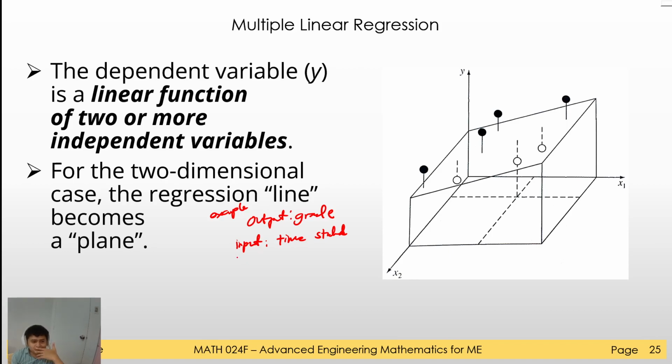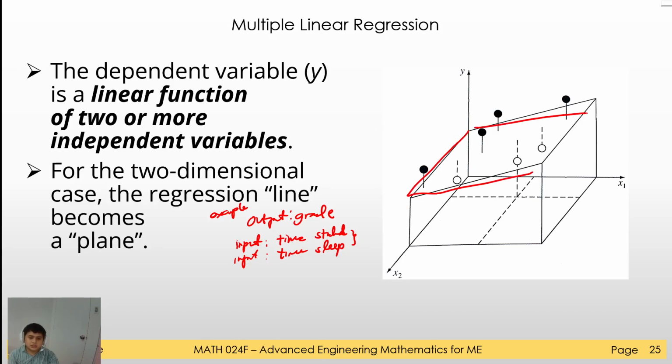Maybe your sleep, no? So another input, your sleep time, time asleep. Okay. So maybe if you have more than one independent variable, you can create a prediction model that represents your grade. So for more than one independent variable, so two or more, you can create a multiple linear regression. So instead of just a line, a curve for linear and quadratic regression, the representation of your output will